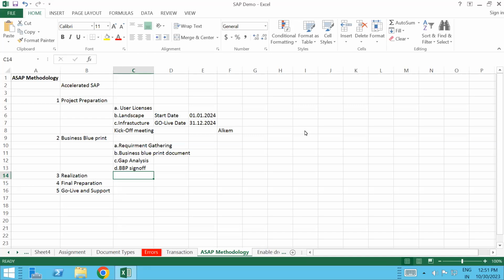So we are discussing the SAP methodology. In SAP methodology, we have 5 phases: project preparation phase, business blueprint, realization phase, final preparation, and go live. As a consultant, we are going to be involved from the business blueprint phase, and the project preparation phase will be